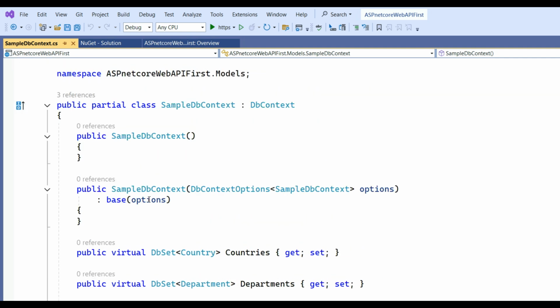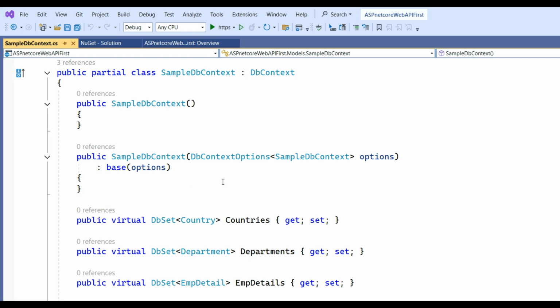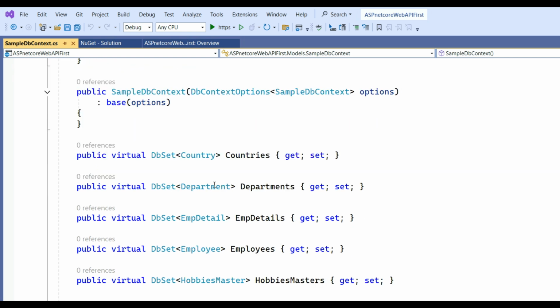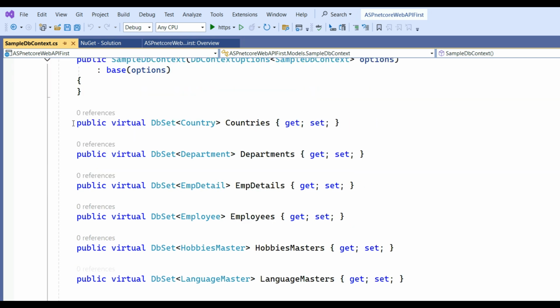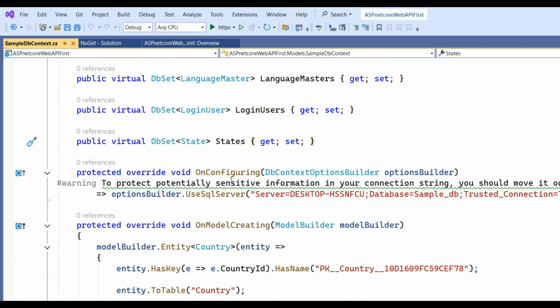Here you can see the SampleDbContext with constructor-based options, and all the tables in that database appear here as virtual properties. Also you can see your connection string here, so you can move the connection string to another place, like appsettings.json,